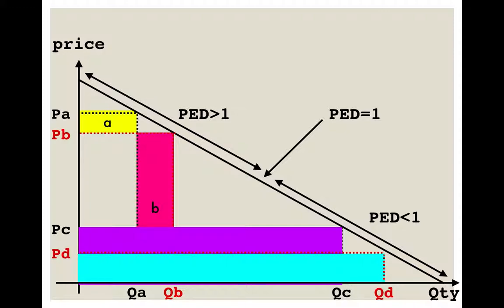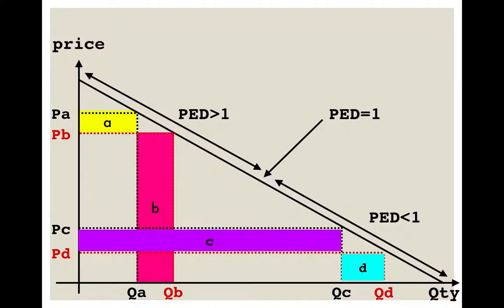Now again, if we ignore the common area between these two areas and we are looking at only area C versus area D, area C is actually the loss in total revenue that the firm has to endure because it is now offering a lower price. Area D is the gain in total revenue that the firm enjoys because there are now more people buying its